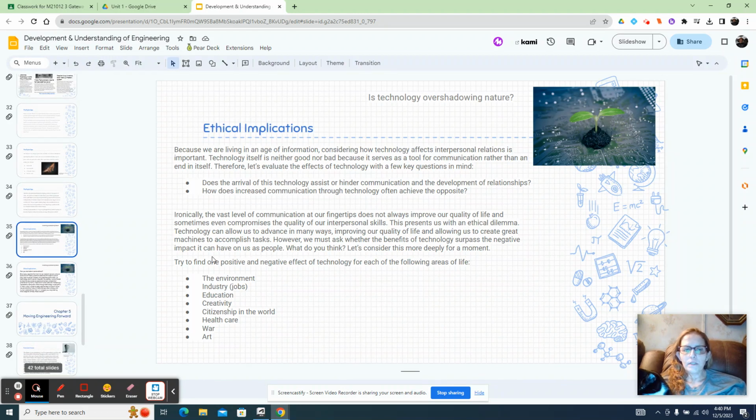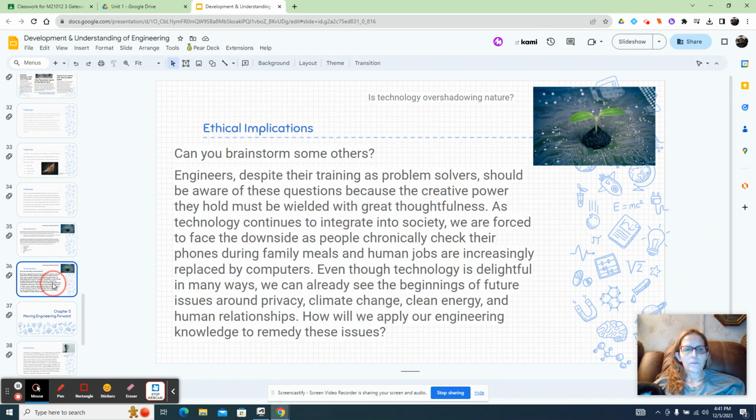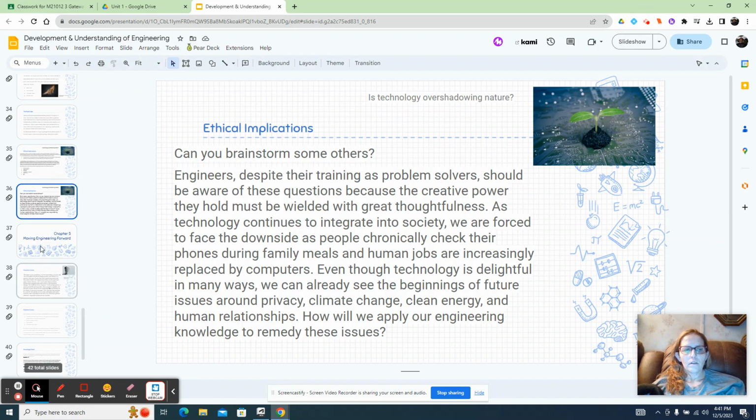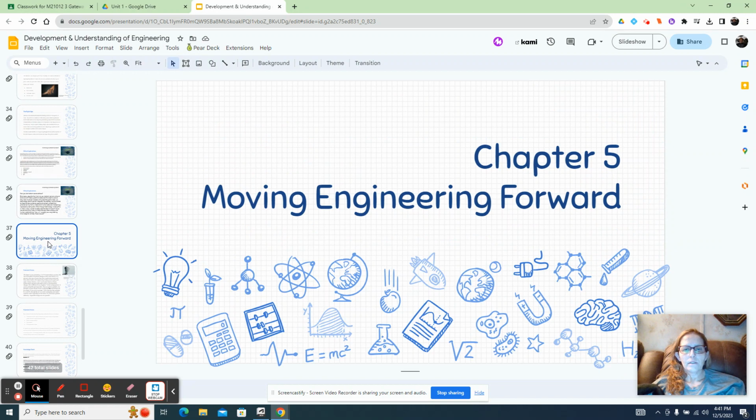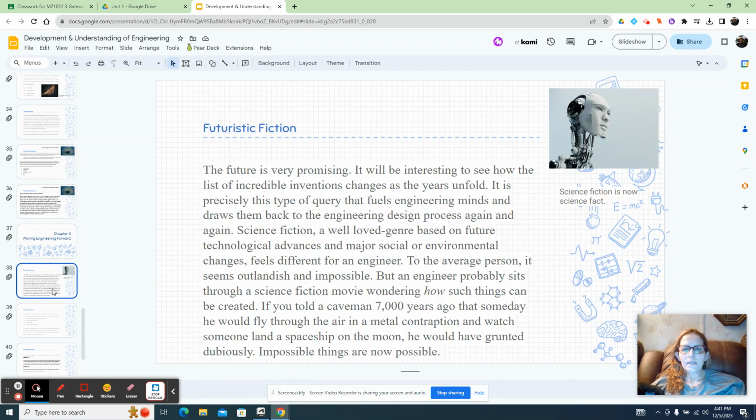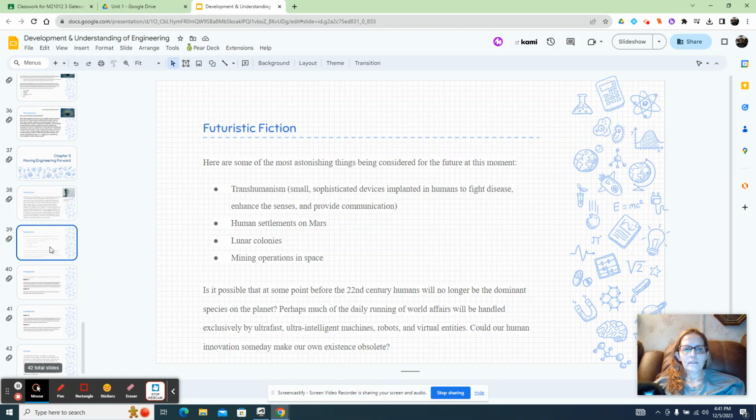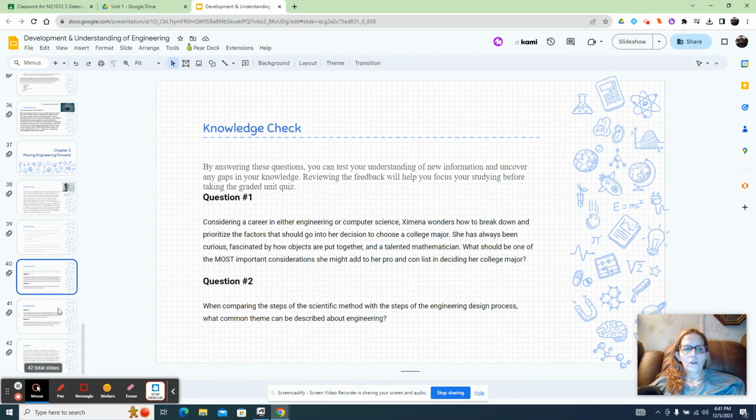Ethical implications. This is kind of a big deal with social media. We know creativity, that sort of thing. So what do you think about ethical implications? And then moving engineering forward, futuristic, like with robotics and things. Human settlements on Mars, lunar colonies, and then your knowledge check,